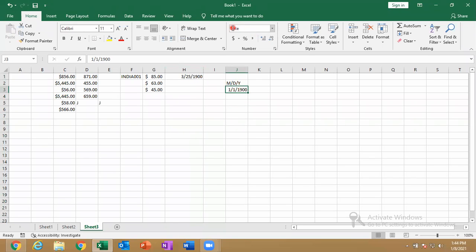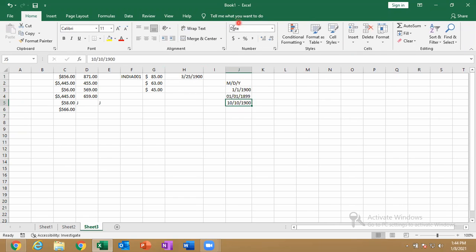See, when I enter the proper date, automatically it will be converted as a date. The start date of Excel is nothing but 1900. So why is it like that? Because for any dates earlier than that, Excel will not understand. See here, it's saying general. So if you enter like 10, automatically it will be converted as a date. So it is telling the start date of Excel.